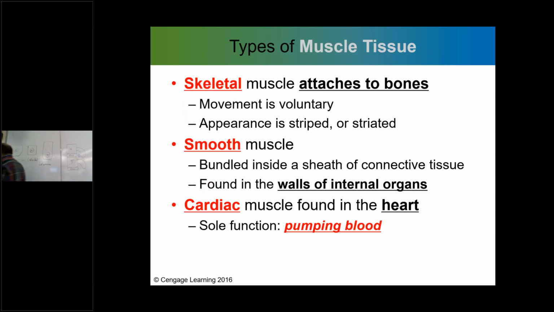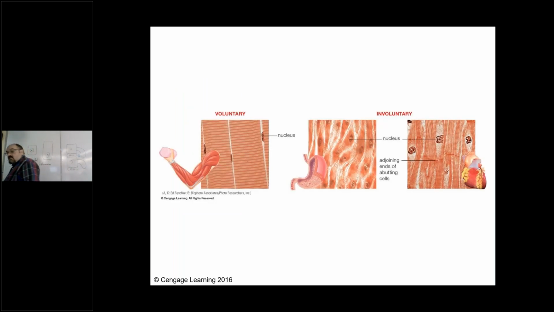So here we go. This just gives you a little bit of an idea. It talks about it in a little bit more detail regarding what goes on as far as the different types of muscles are concerned. Skeletal, smooth, cardiac muscle, and the different locations of them that we mentioned. Here you're actually seeing an example of where they can be located, the different types, and what they look like. They're kind of different as far as the slides are concerned.